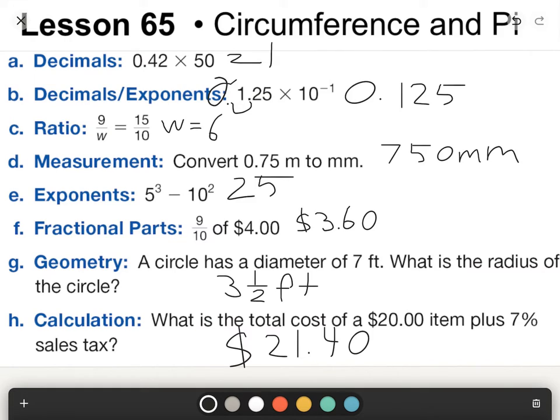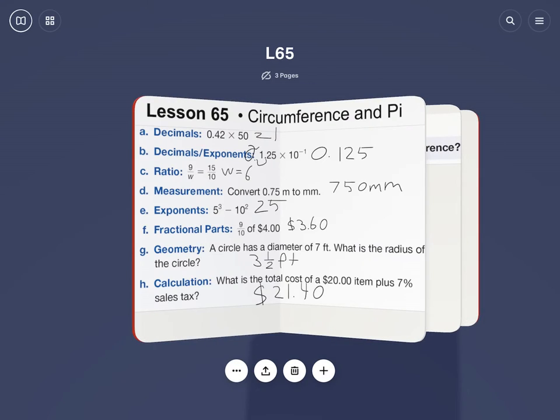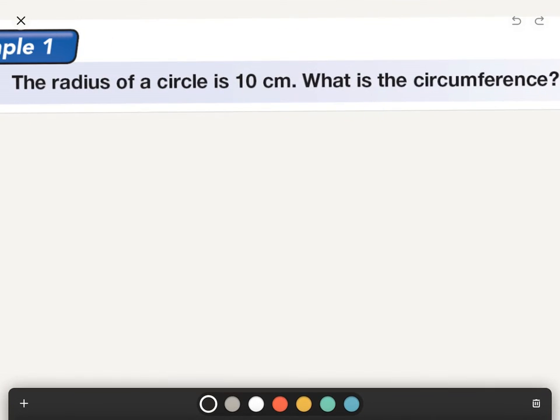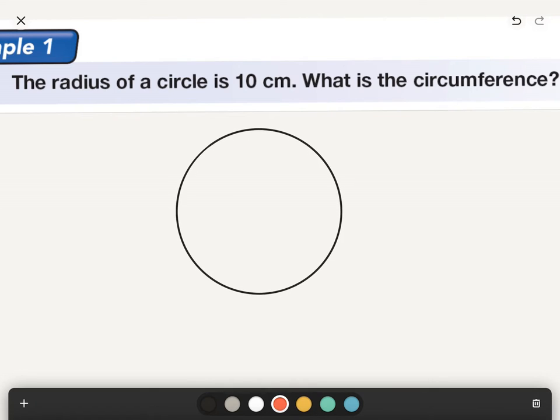Okay, so today we're talking about pie. Burger pie. Delicious. Oh no, wrong kind of pie. Yes, no, just pie. Mathematical pie, the most delicious pie of all. And so our first example here is the radius of a circle